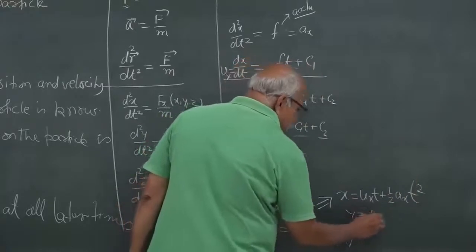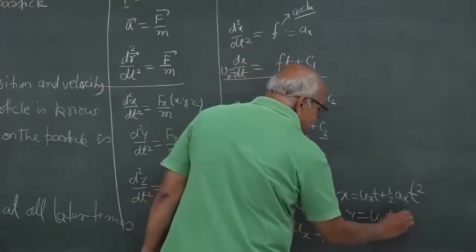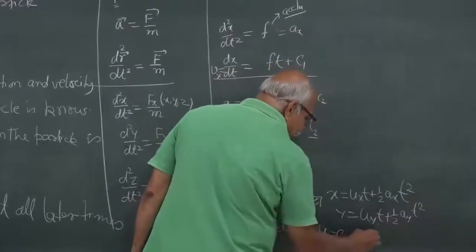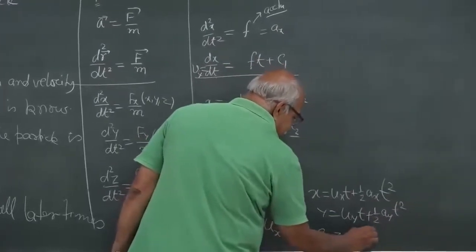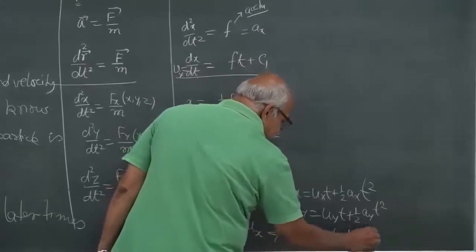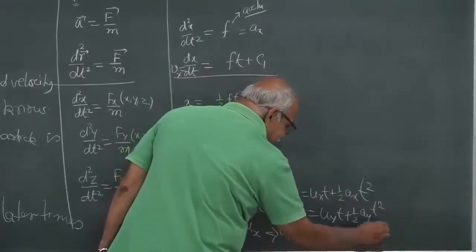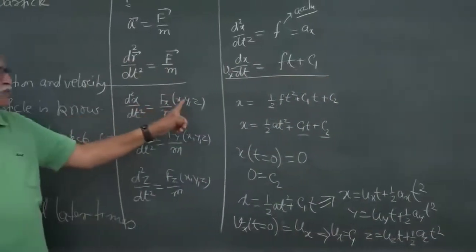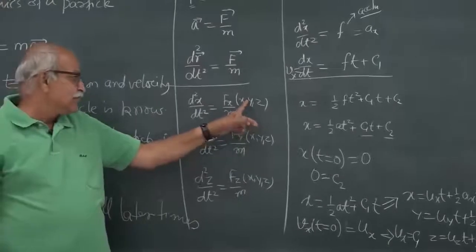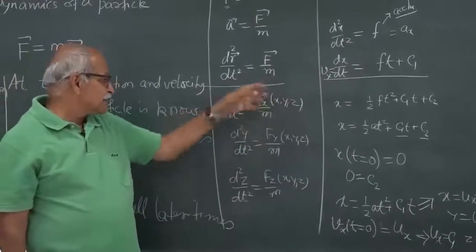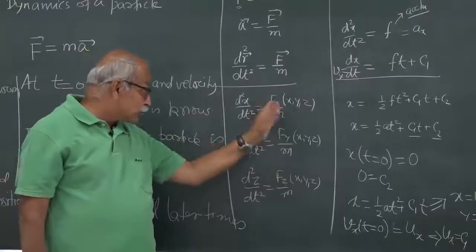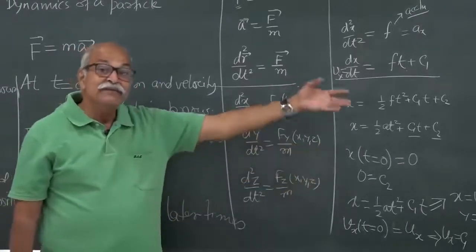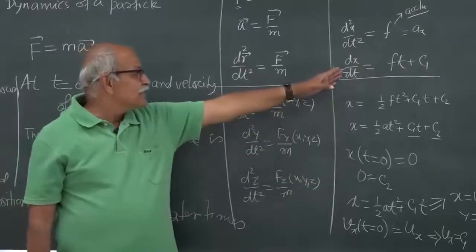and same is the story for y and z components. So, y is uyt plus half ayt square and z is equal to uzt plus half azt square. So, if you know the force and force happens to be same at all positions at all time, so this is constant, this is ax, this is ay and this is az, and they are all known, then you can immediately write what is x, y, z at a later time t, and from here you can write what is